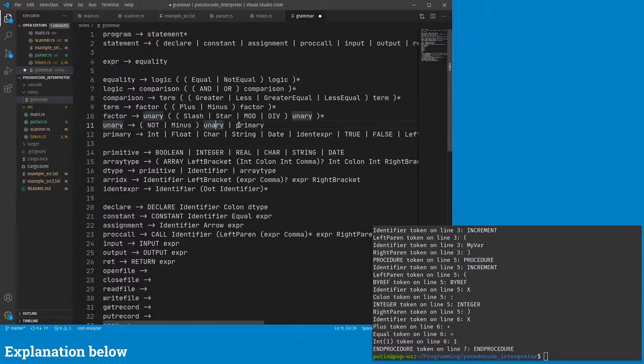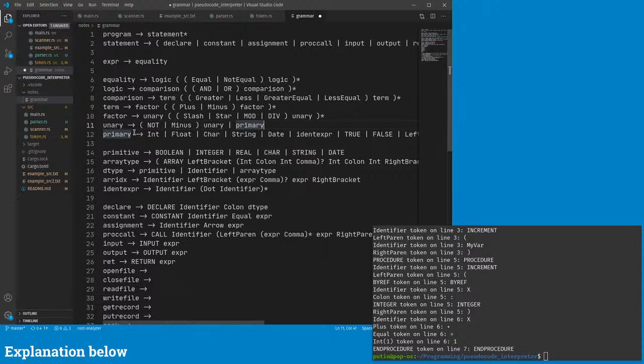And by saying that a unary is a unary operator, then another unary, or a primary, what you're doing there is making sure that the primary is always further into the expression tree